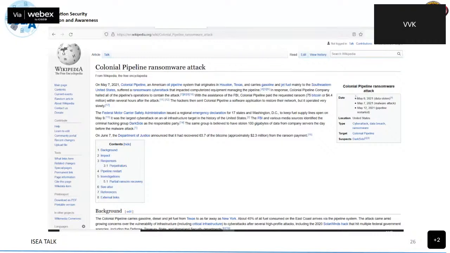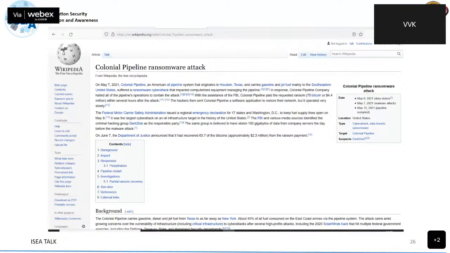So here is another ransomware attack. In 2021, an American oil pipeline system that originates in Houston and carries gasoline and jet fuel mainly to the southeastern United States suffered a ransomware cyber attack. So then, with the assistance of FBI, they paid some 75 Bitcoin.